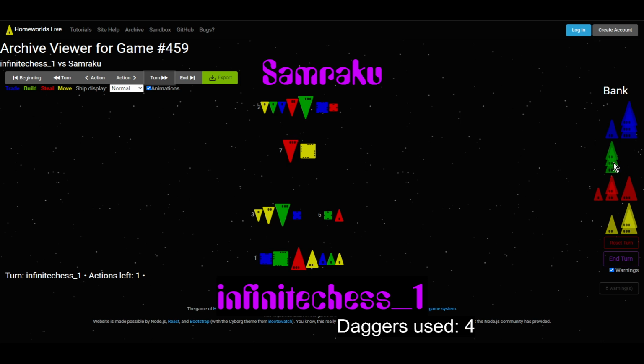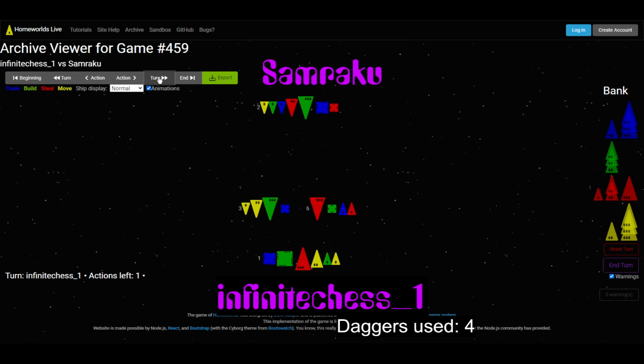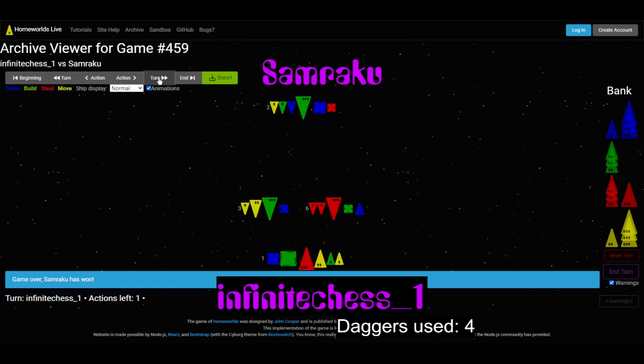I was going to say they should move to a green star, but there are no large green stars left in the bank, so they go to a yellow instead. That'll be nice for colony invasions later on, potentially. Okay, Infinite Chess moving their little blue to this star, making it a better invasion target than it was a moment ago. Samraku does invade. Infinite Chess builds red, which is a really good defense here. Samraku,